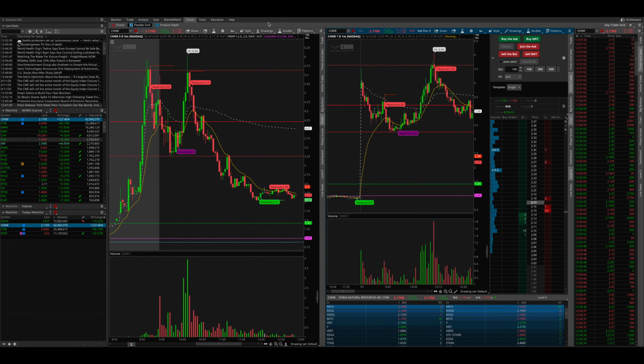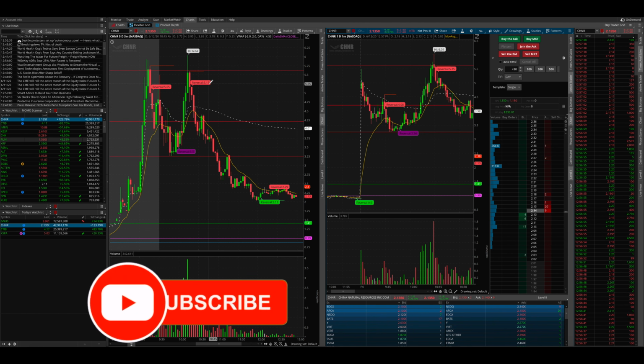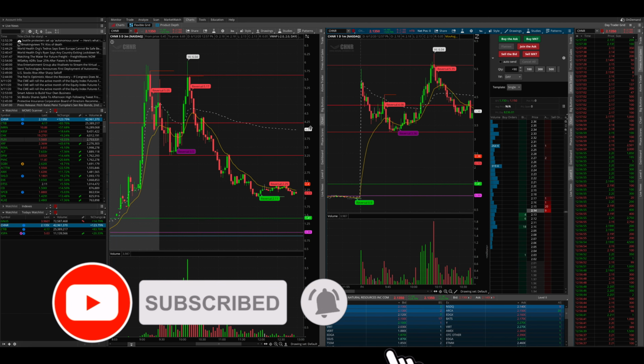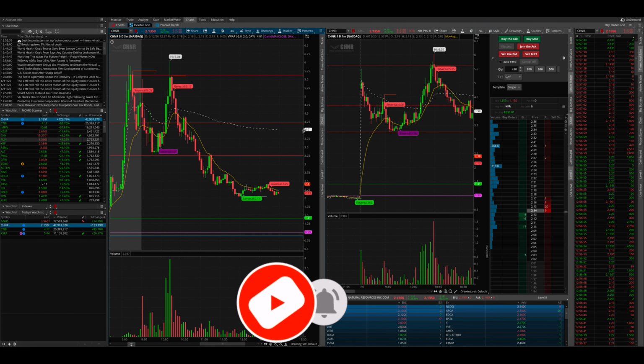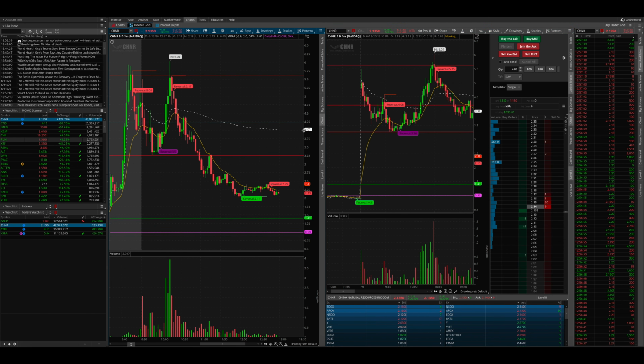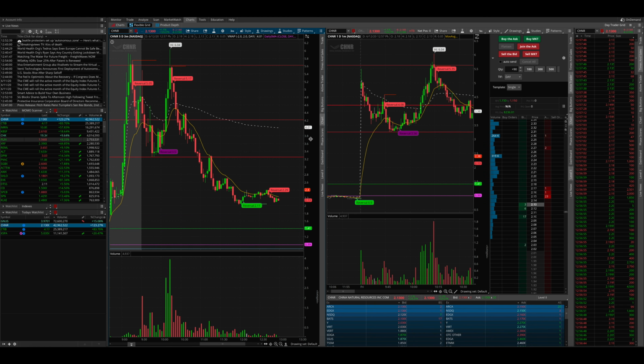Today I wanted to talk about a study that I just recently discovered for ThinkOrSwim. I've been using it for a couple of days now, and I've liked it so far, but I can't completely vouch for it until I obviously get more trading sessions under my belt. But so far, I really like this reversal trading indicator that I found online for, like I said, ThinkOrSwim,